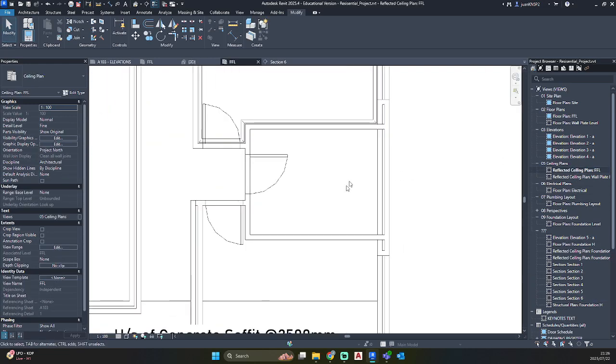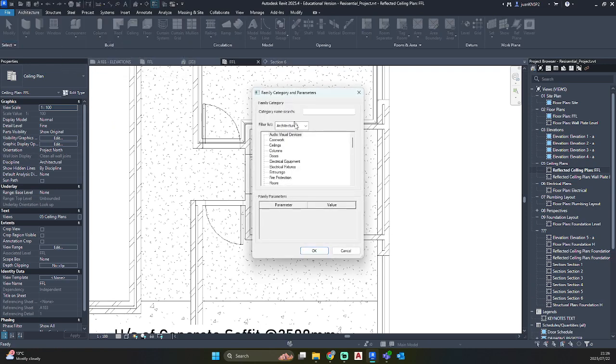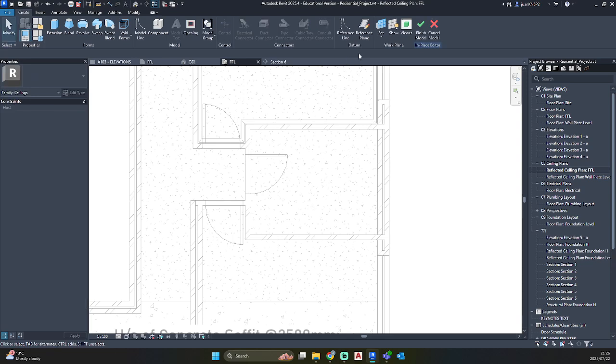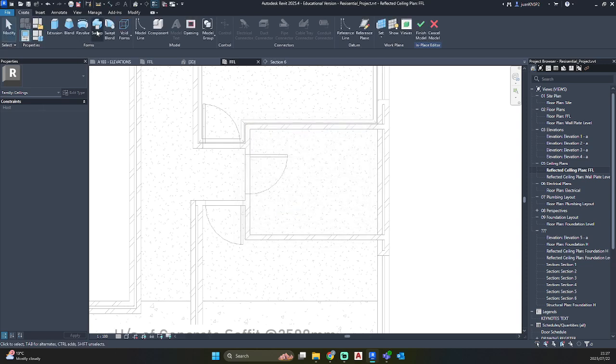So now I'm going to do the other bathroom, architecture, component, drop down, model in place, select ceilings, okay, corners 4, set your work plane. Oops, accidentally selected public space, we want private space.